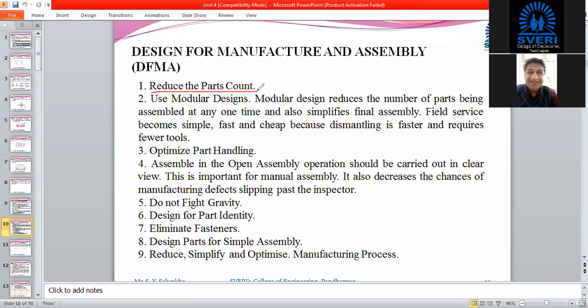This is a very basic thing, because if you are going to design such a component which will get manufactured in a single stroke only, and doesn't require any other components to be assembled together, generally it doesn't happen. We are not seeing any component which is not assembled together, which does not have different parts.